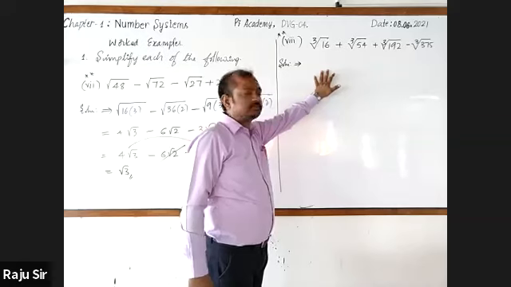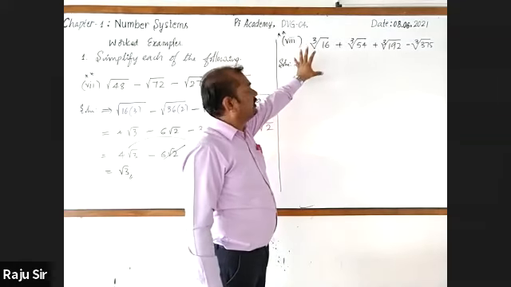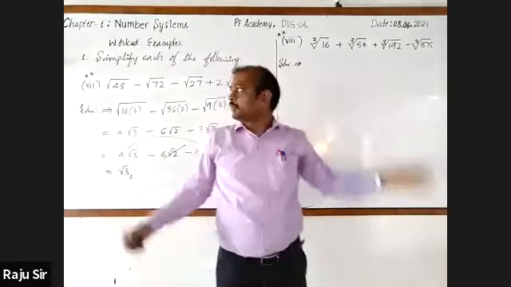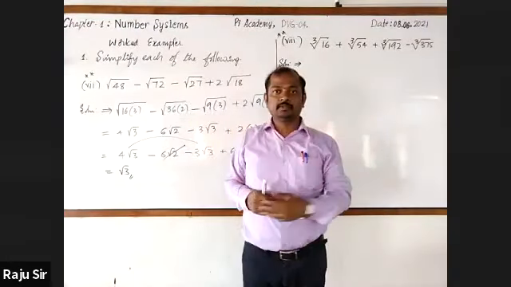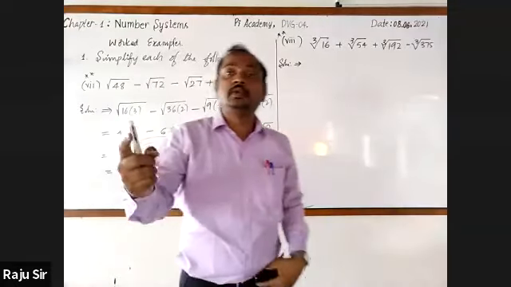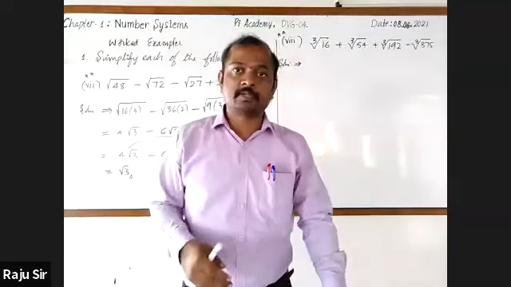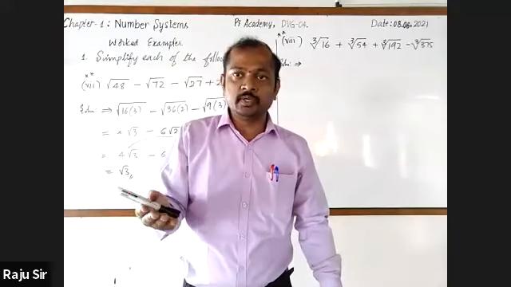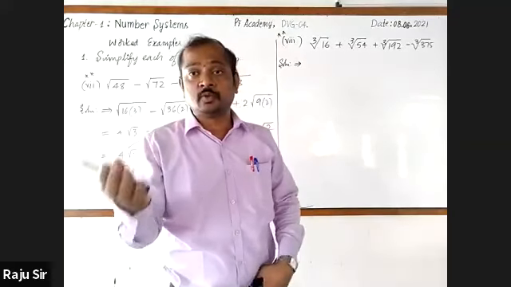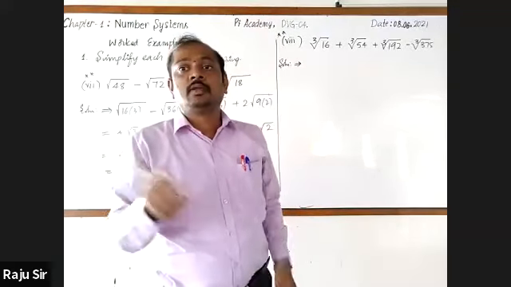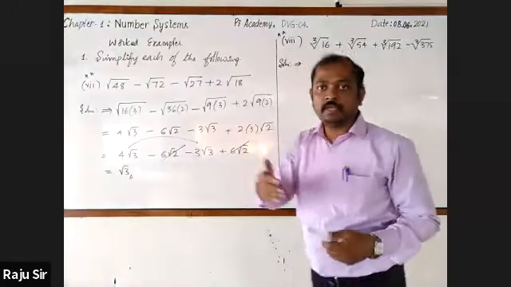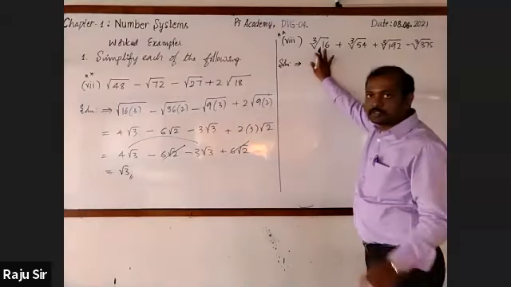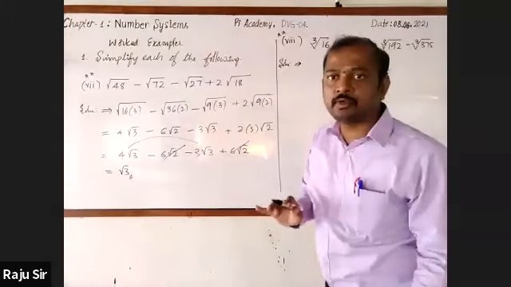You can notice that these are all cube root numbers. So far we discussed square root numbers. This is cube roots. Hence you need to recall cube numbers: 1, 8, 27, 64, 125, 216, 343, then 512. Many are there. Cube root of 16, the first one I myself have written. Observe.